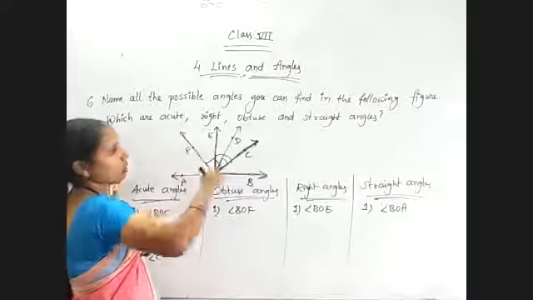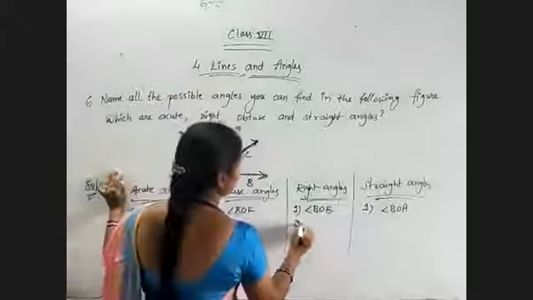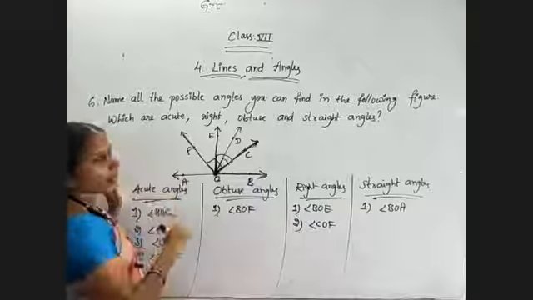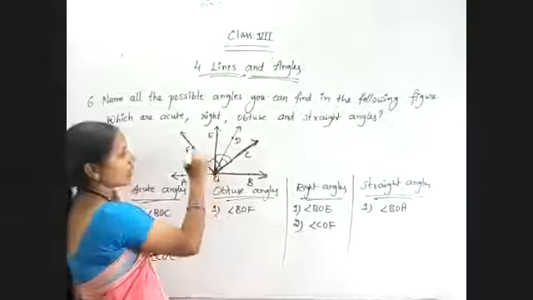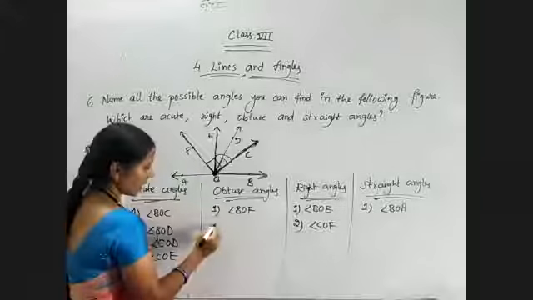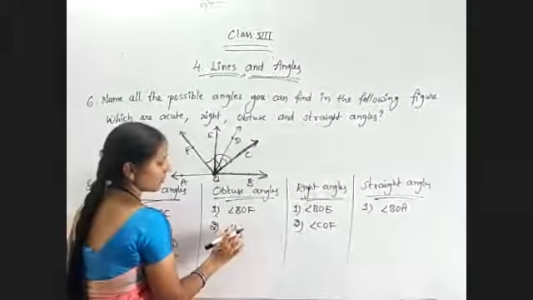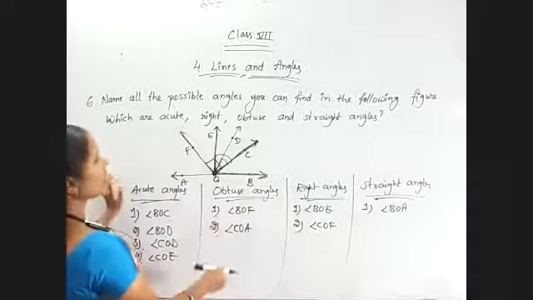COF, these two arms, so it is a right angle. Angle COF is a right angle. Now coming to the next, COA. COA is more than 90 degrees, so obtuse angle. Angle COA. Okay. Now coming to the next,